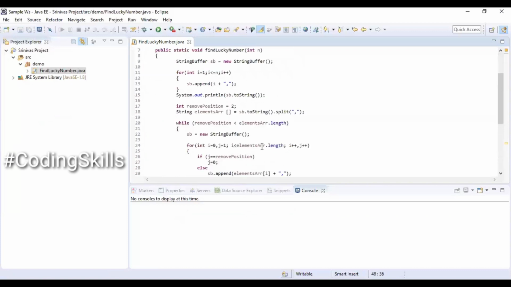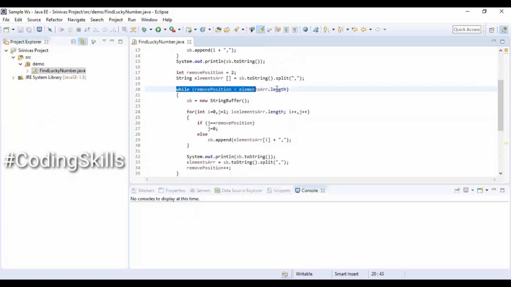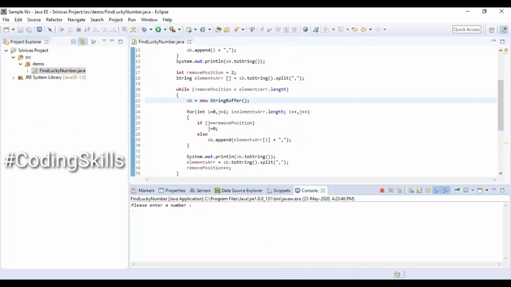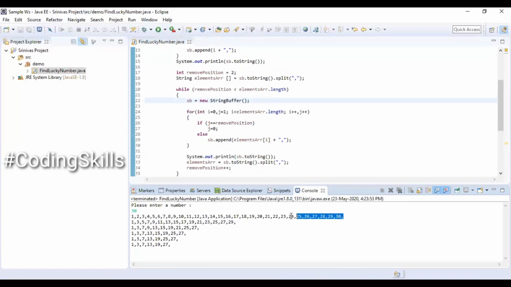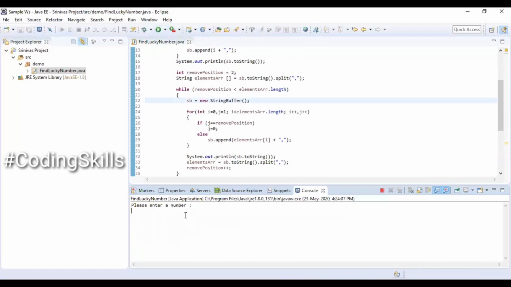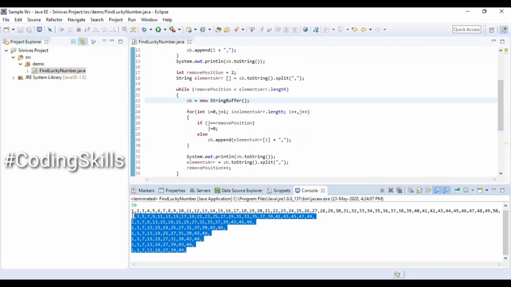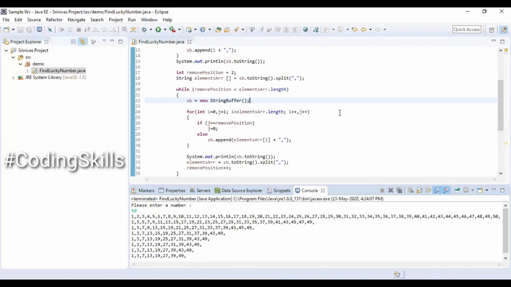We are almost done with it. Executing the program, trying to enter a negative value. So we could see the message as expected. If you observe, in each and every iteration we are printing some values. So leftover values are, we can see that the last line is going to indicate that the remaining numbers are the lucky numbers under 50.